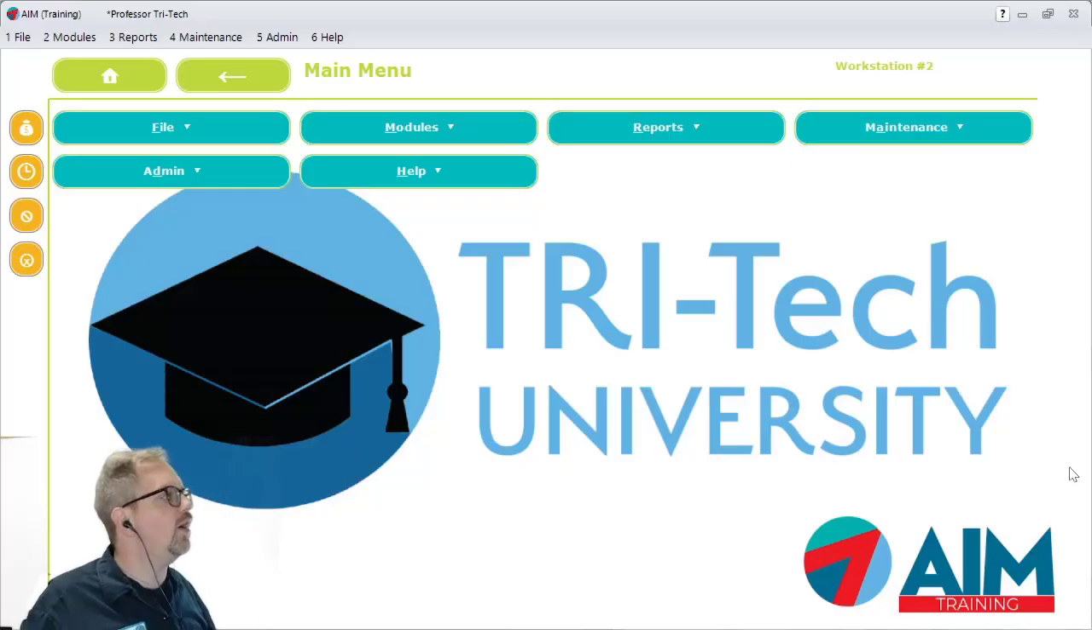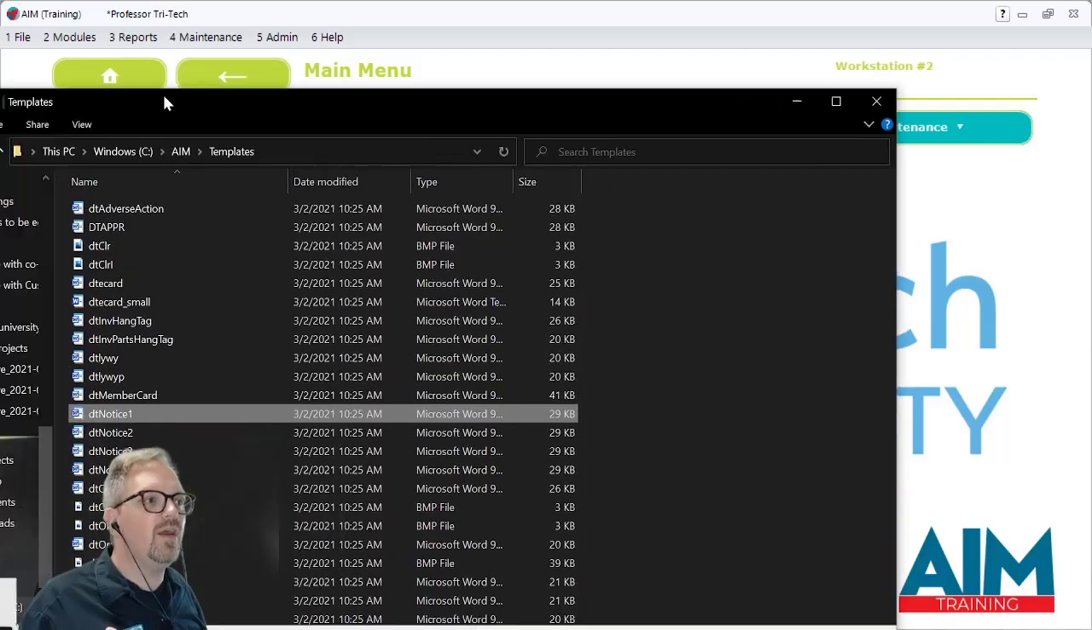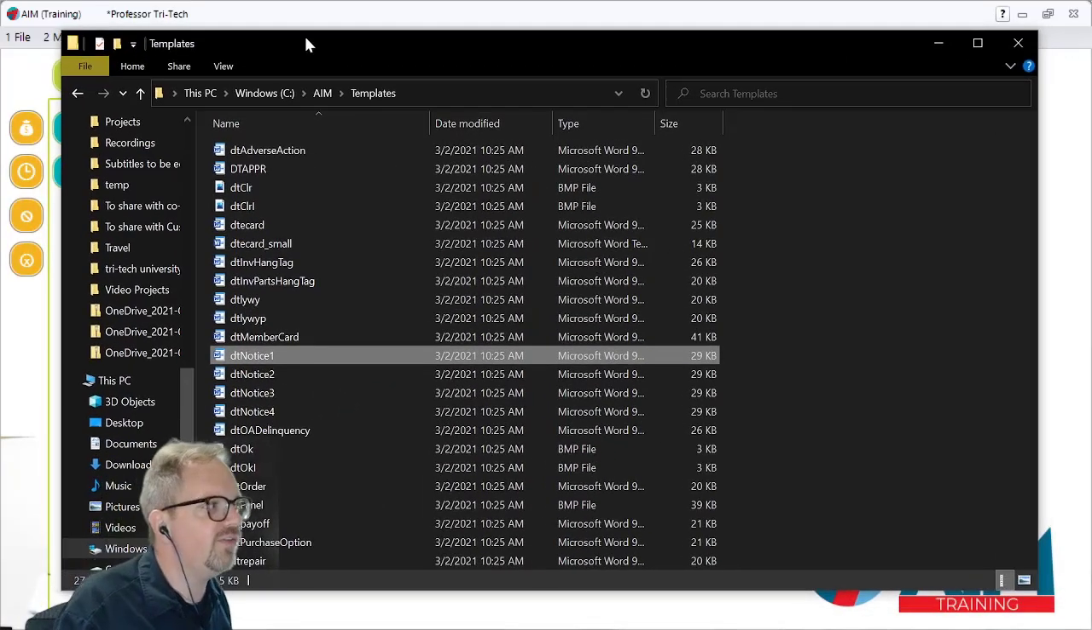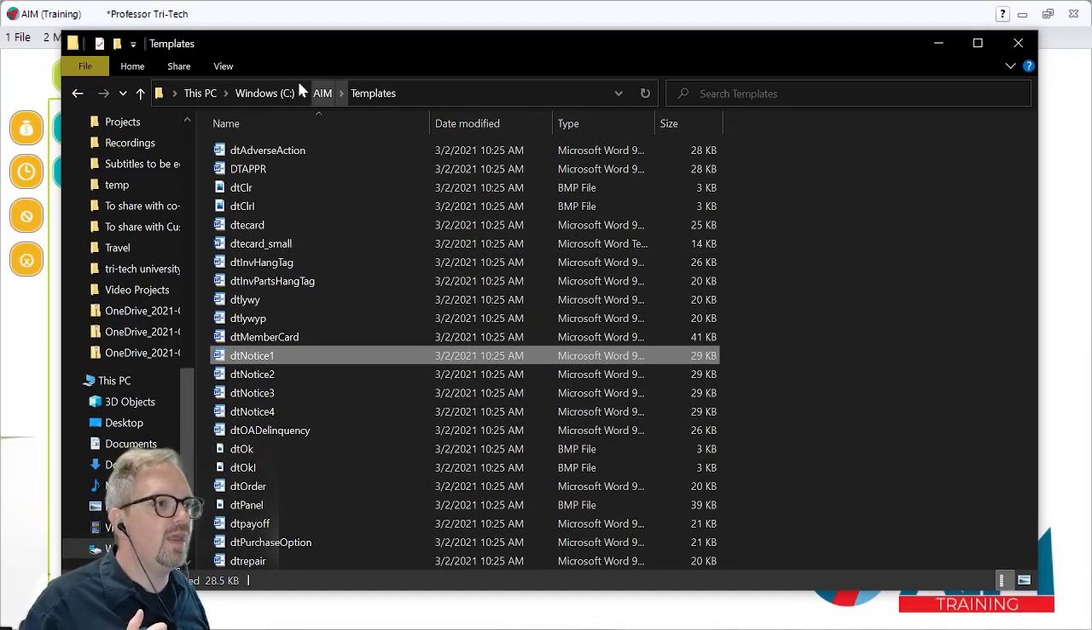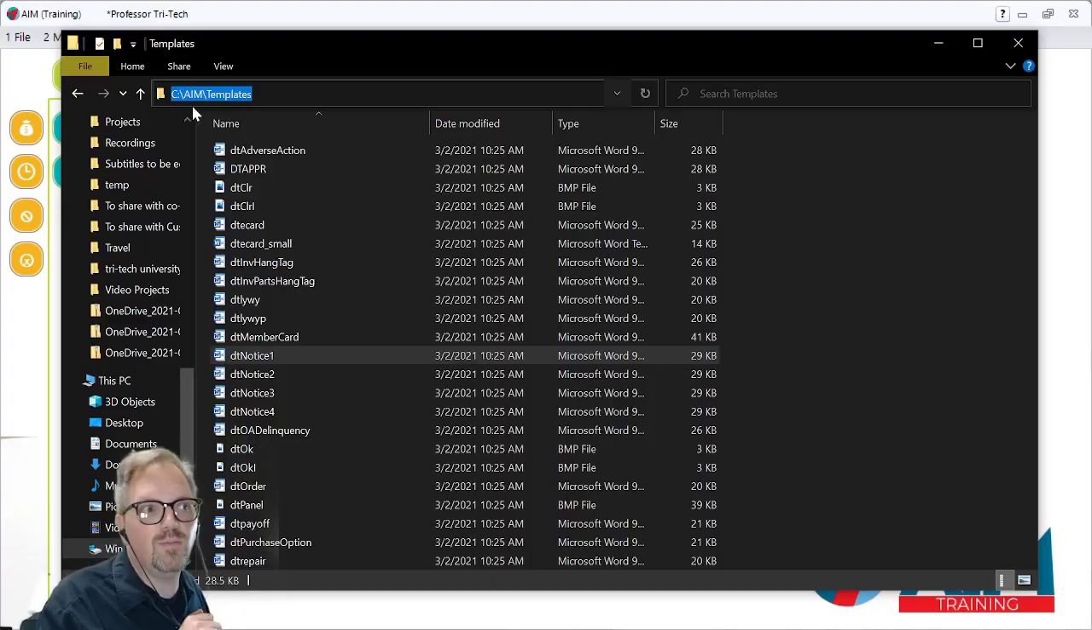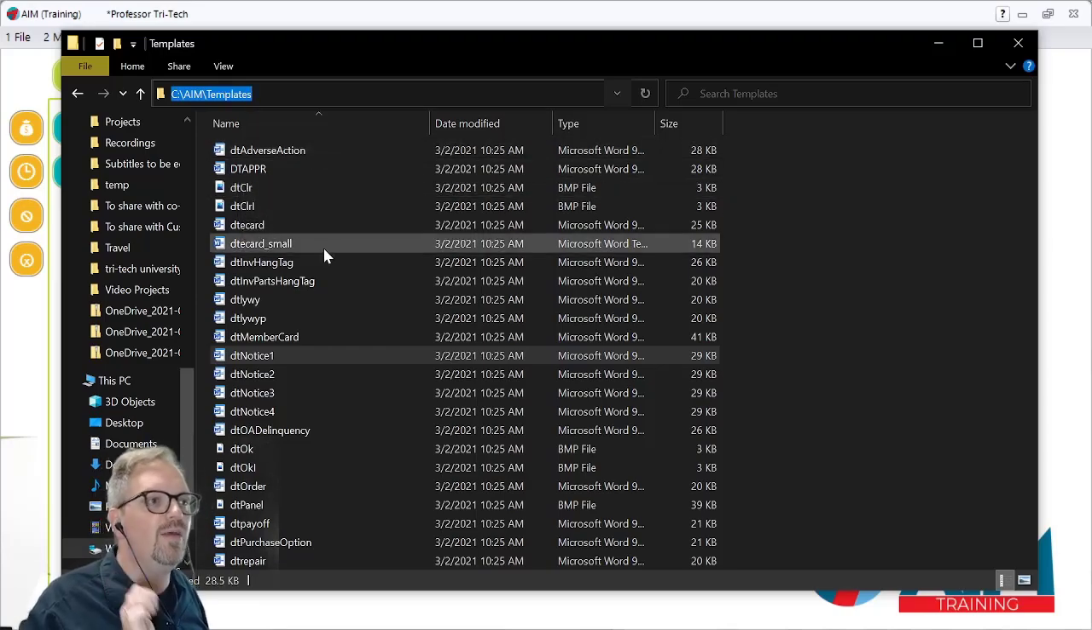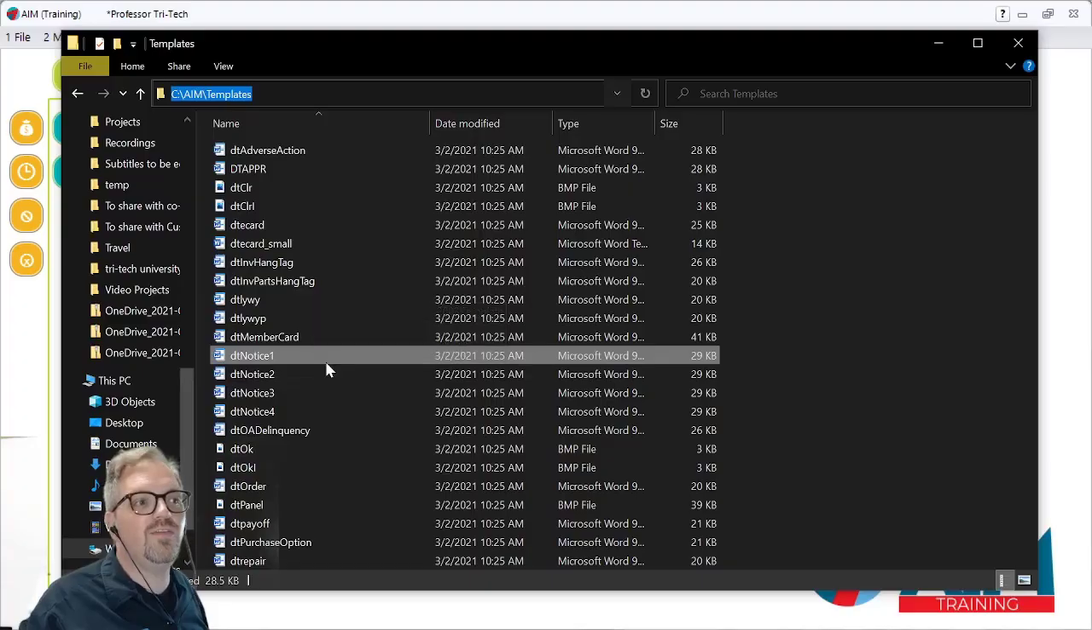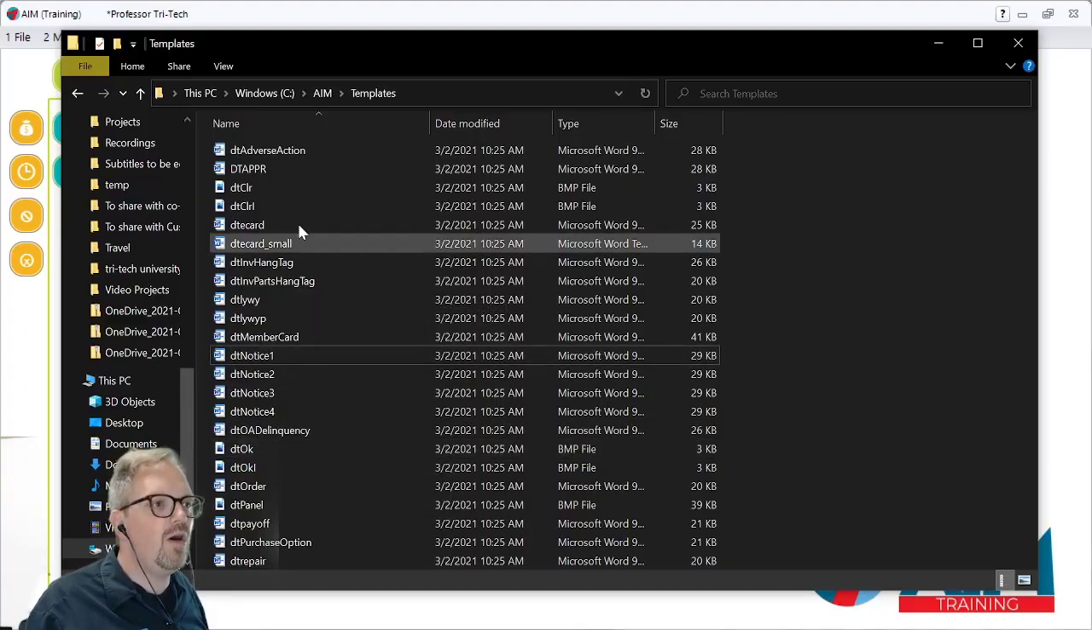How does that work? Well, first and foremost, let's look at where you can find your templates. I'm going to just pull this over to the screen so we can kind of see this. In your AIM folder on your server, so in my case it's right on my computer, so it's the C drive and then AIM, there will be a templates subfolder. And in this templates subfolder are a series of default templates as well as a file called,